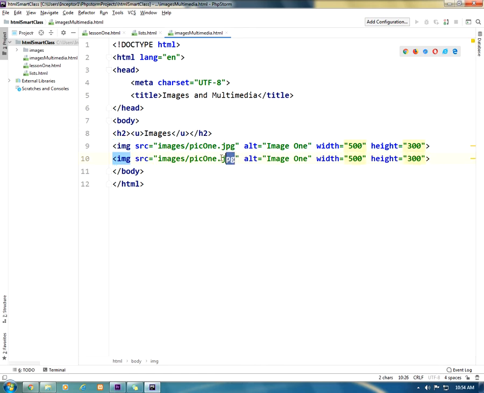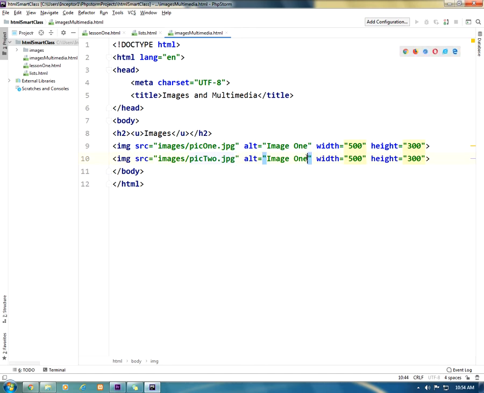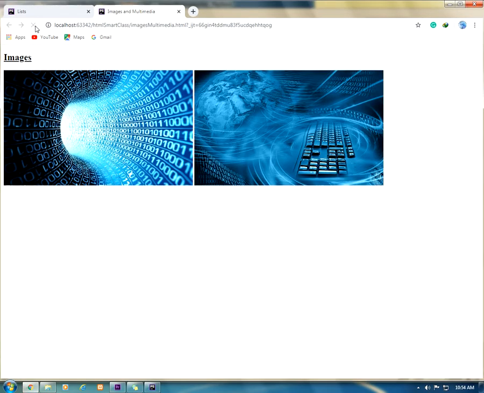I can add another picture, using the same element. So I'll just click at the end here. I press Control D because I want to retain these attributes. So what I'll just change is the picture name because the path is the same. So I'll just type letter P. So we'll have pick 2. So this one I can change the alt maybe to image 2. So if I refresh again, you will see